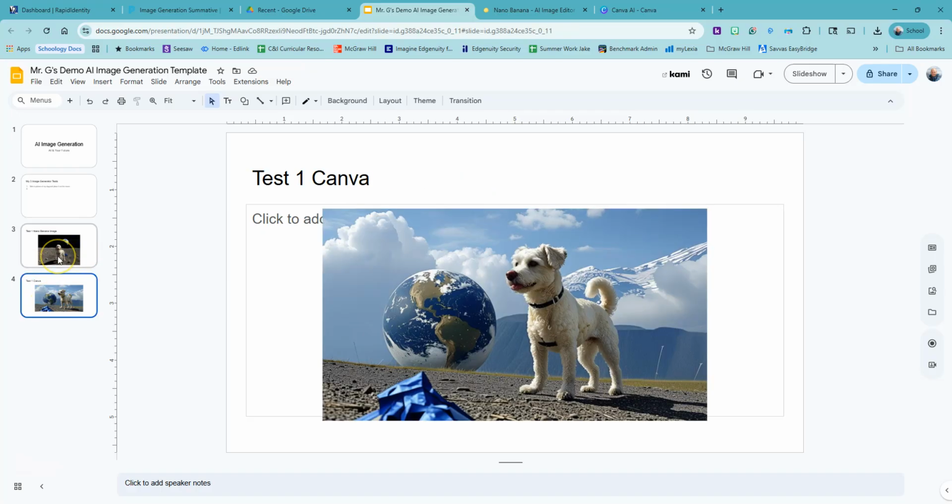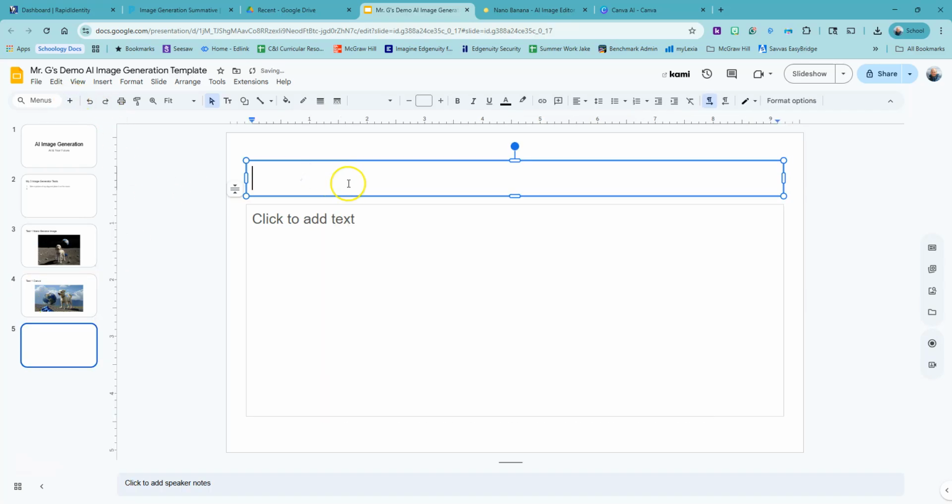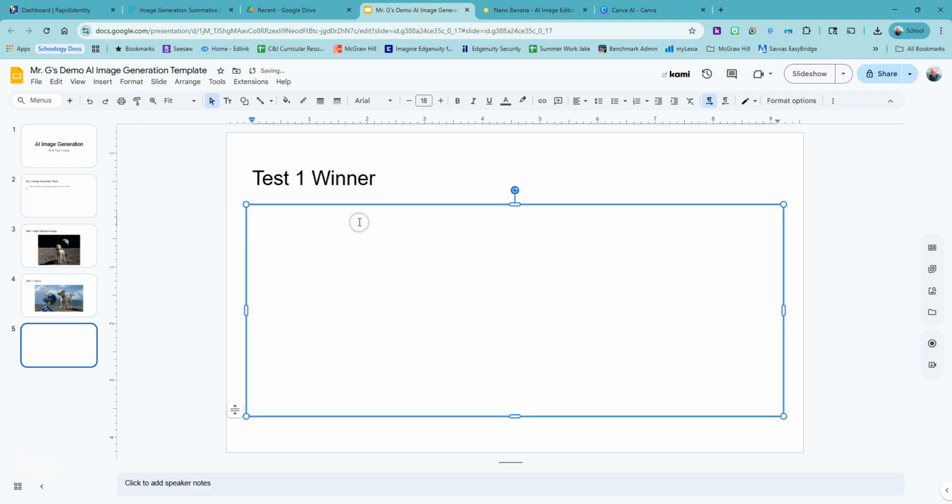Some of you, there's no right answer here. So now I'm going to add another slide and call it test one winner. And you're going to put your reason why, which of those you liked better. Declare which one was the winner between the two you tested, and explain why. So type the winner, and then describe why. And since this is a summative, you really should write a few sentences about why you chose that one